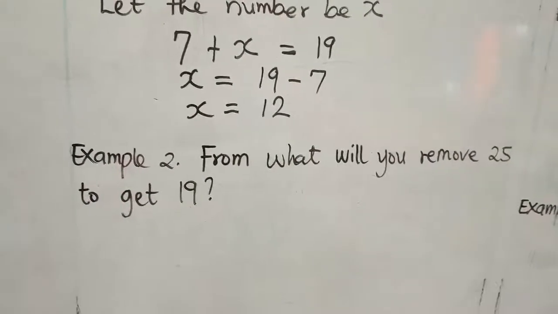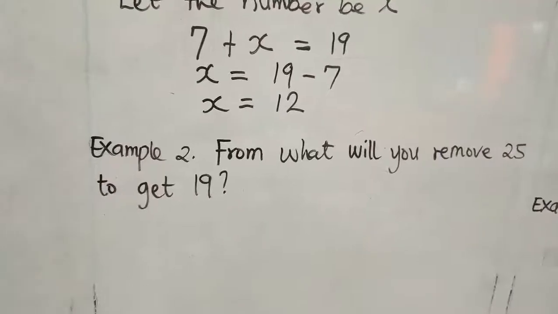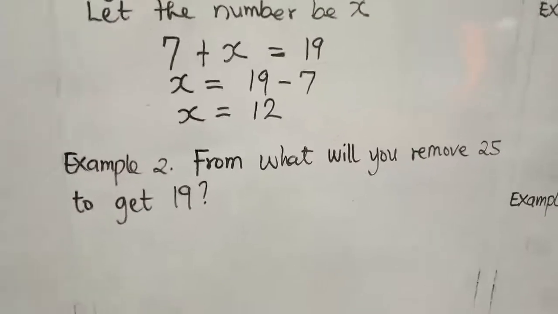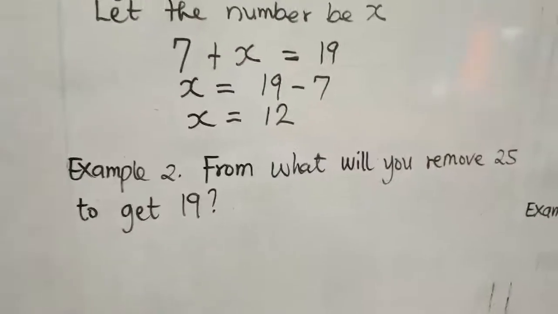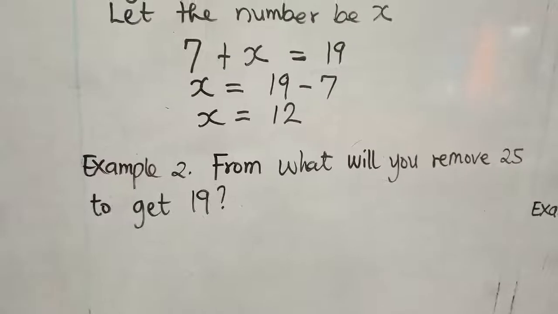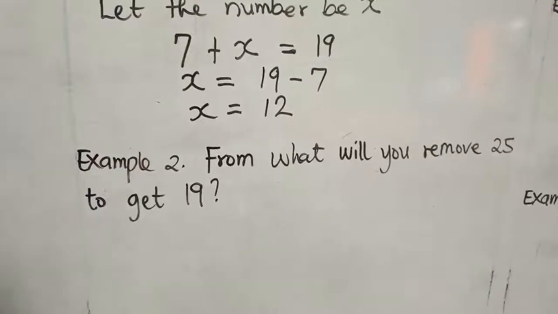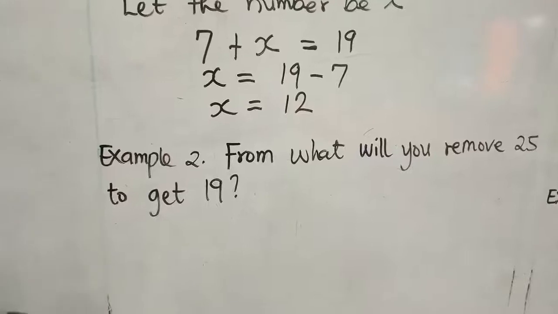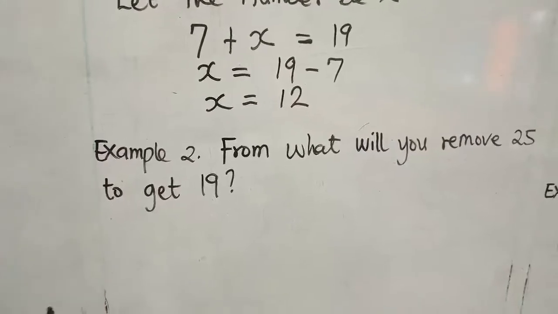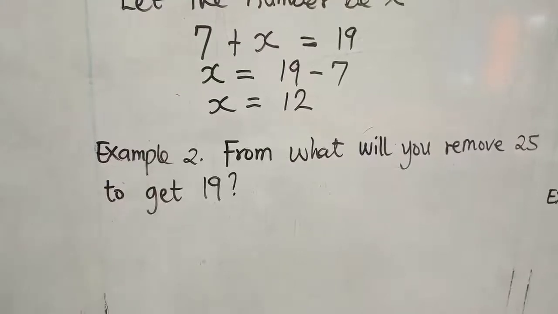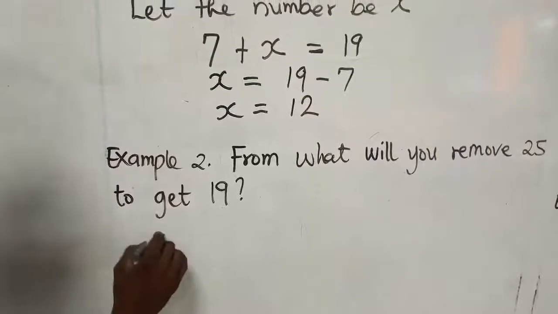Now example 2. From what will you remove 25 to get 19? Now 25 here is the minuend. It is from 25 you take a particular number away to get 19. And what is that number? So let the number